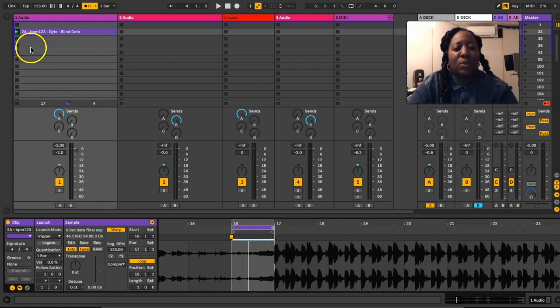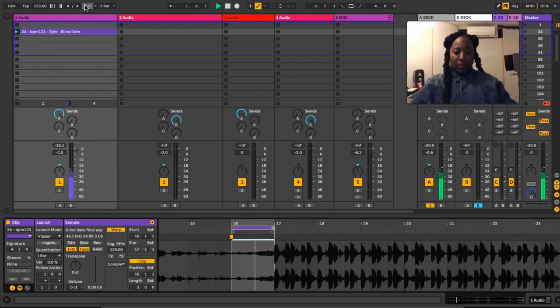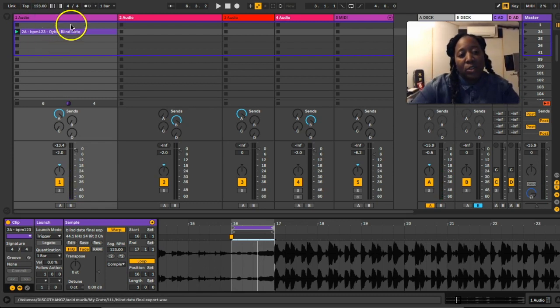And let's just see what happens if I play that. Let me take off the metronome. If I want, I could use that as a transition effect, or I can overlay it over something else,